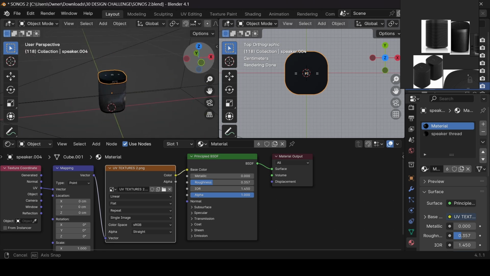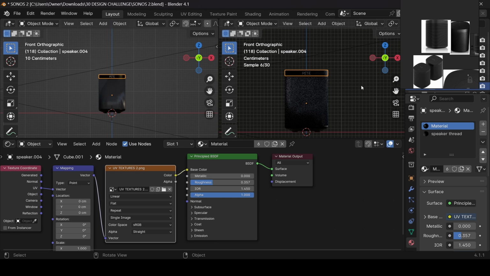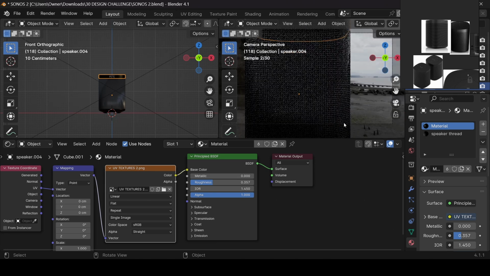I'm so sorry this took so long, guys. I'm very sorry. So the camera perspective is supposed to be at the front view. So I'm just going to press Ctrl Alt numpad 0 to bring it to that view, and I'm going to select the camera. I'm just going to press G and hold down my middle mouse button. I'm just going to drag out like so. Alright, so now we can start